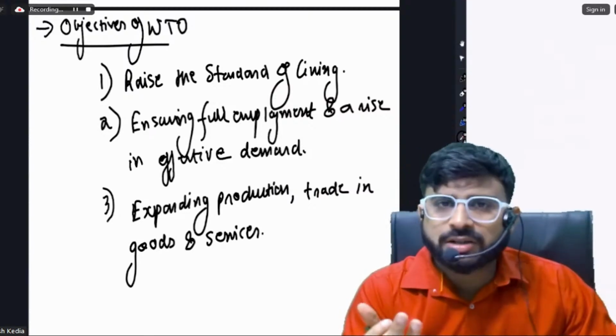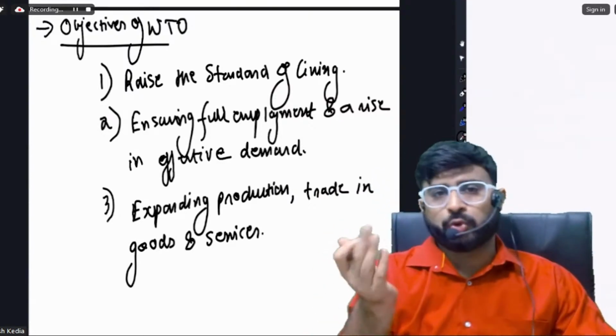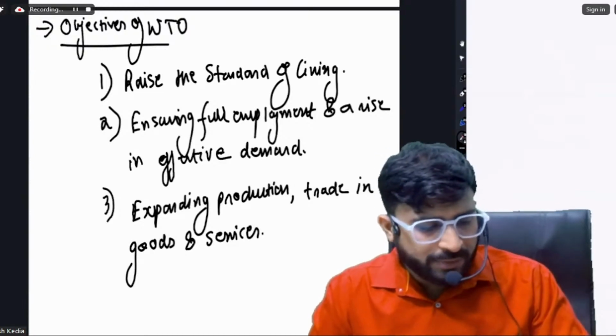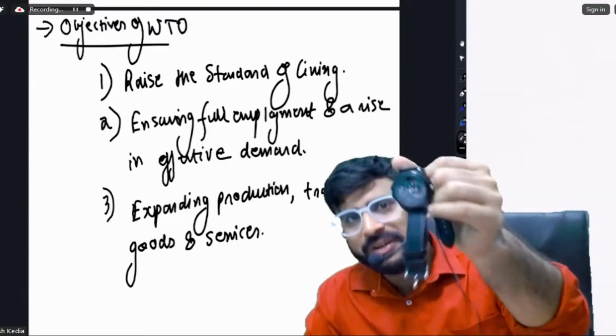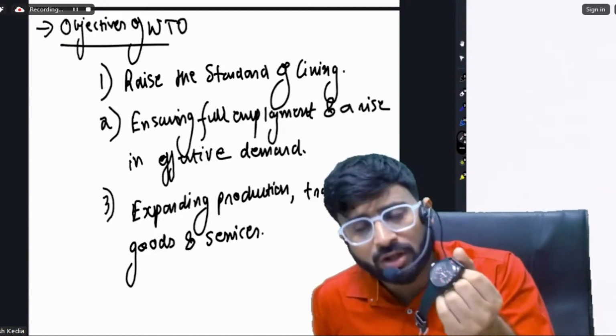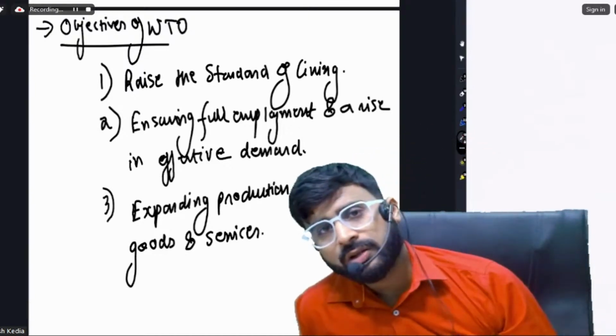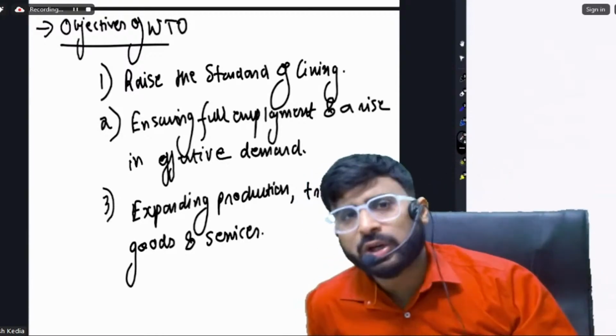लोगों का जो लिविंग स्टैंडर्ड्स है, इतनी वैरायटी ऑफ गुड्स मिल जाए लोगों को कि उनका लिविंग स्टैंडर्ड्स इंप्रूव हो जाए. आज आप सोचिए ना, मेरे पास एक घड़ी है, आप लोगों के पास एक घड़ी है, हमारा स्टैंडर्ड ऑफ लिविंग तब इंप्रूव हो रहा है ना. Our standard of living is rising when we have a variety of options available. If we get only one option, is it a good living standard? No.